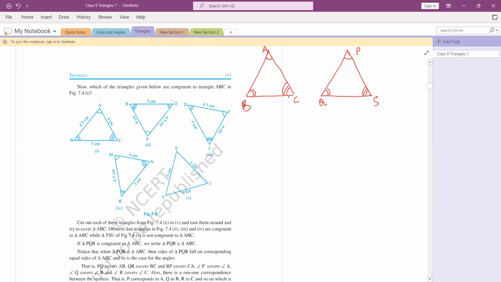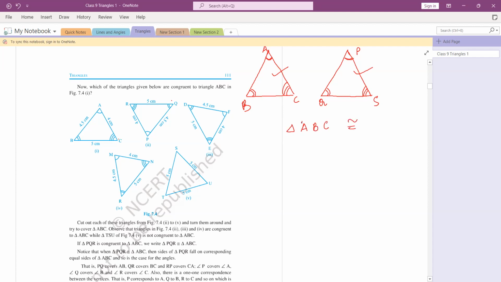So by looking at the figure clearly, you can say angle A is equal to angle P, angle B is equal to angle Q, angle C is equal to angle S. This is how. And one more thing, if I want to say that this triangle is congruent to this triangle, the important thing is, because angle A is equal to angle P, if I write triangle ABC, it will be congruent to